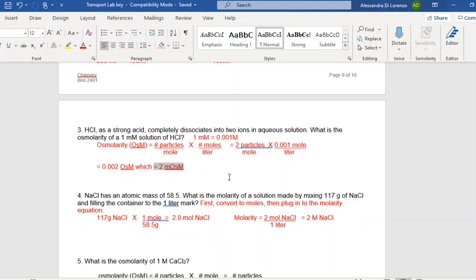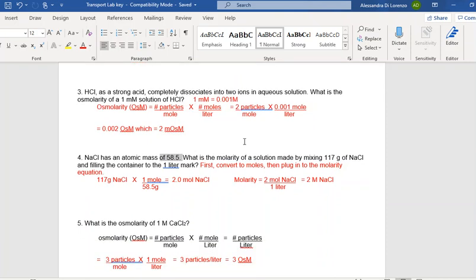And in the third one, NaCl has an atomic mass of 58.5. This is the molecular weight. What is the molarity of a solution made by mixing 117 grams of NaCl and filling the container to the 1 liter mark? Okay, so this is pretty easy because it's in 1 liter, so there is no fraction of the liter here. So here it asks you